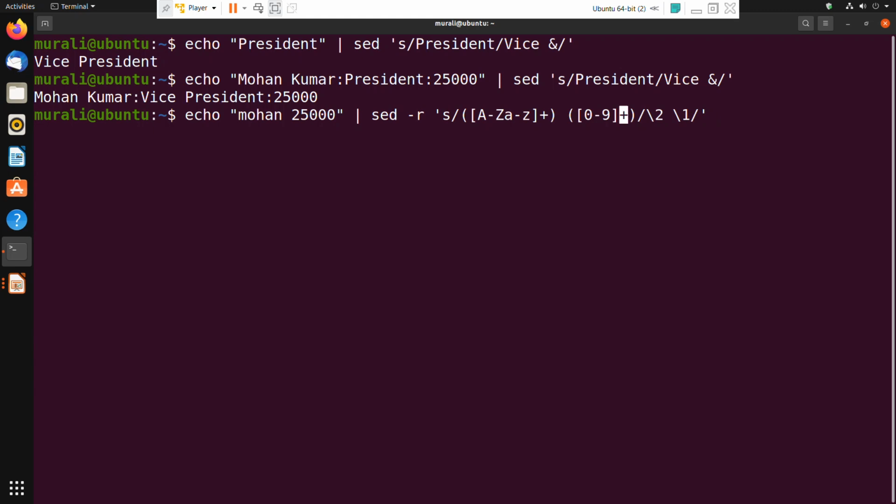What I am trying to do here is, if the input I have received contains one or more occurrences of any alphabet. Plus means what? Plus will match one or more occurrences of the previous character, but the previous character is what? A character class. What does that character class signify? It's an alphabet, right? So that is what it tells.